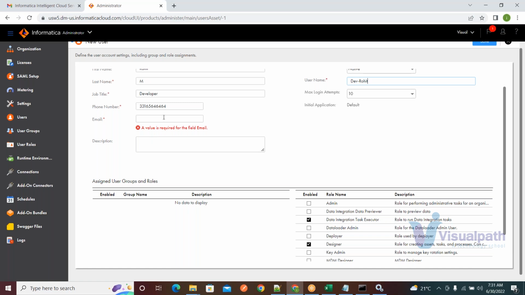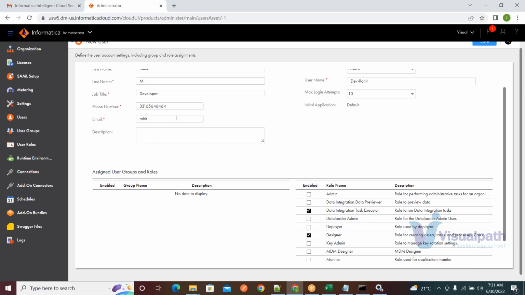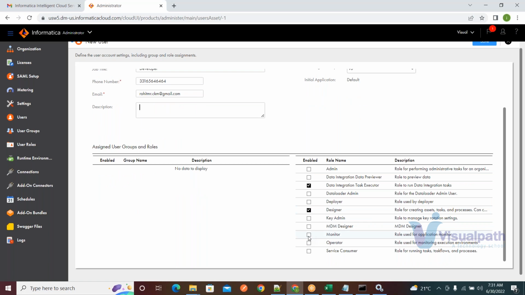Okay. So if you can provide your mail ID, you get a mail actually. So you want to provide your mail ID? Rohit, R-O-H-I-T, M-R dot C-K-M at gmail.com. Okay. So I'm giving you